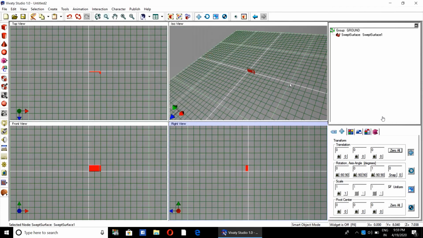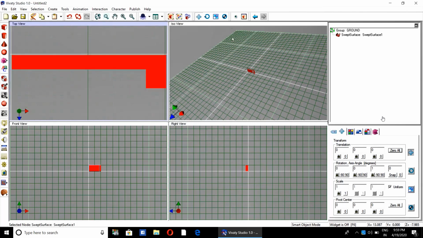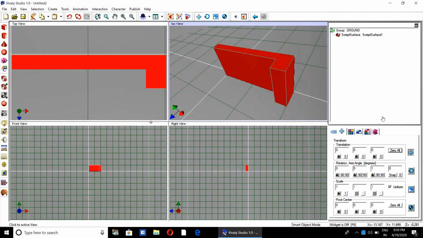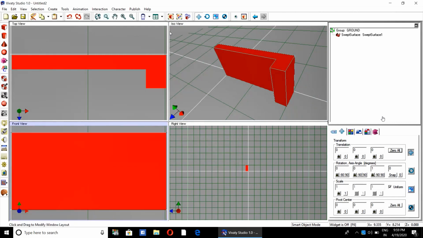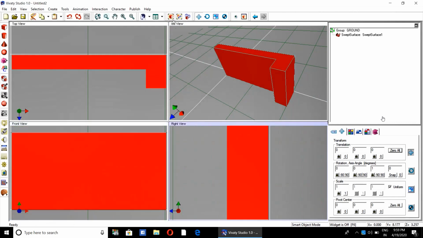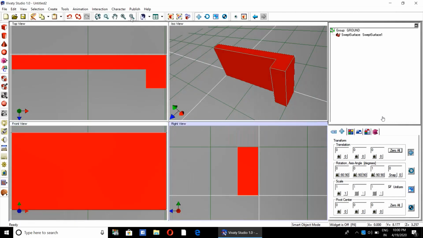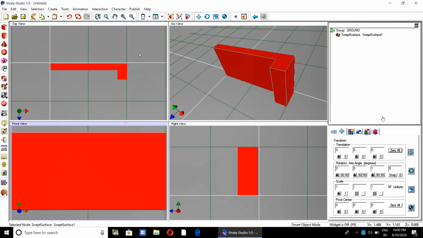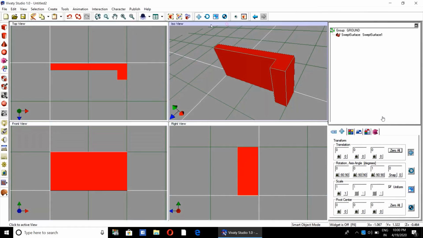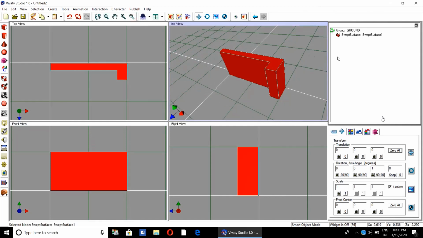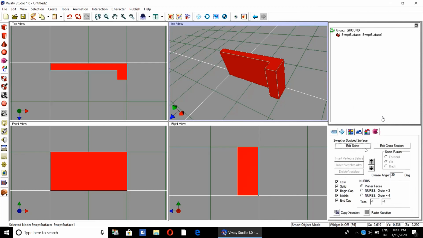Click OK. Now by default it will be extruded by the height of 1. We have not provided any height, but it will be extruded by the height of 1. Now we will make it thin because we don't want the height of extrusion as 1. We want only say 0.1.